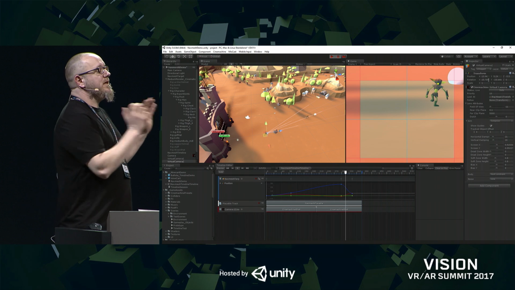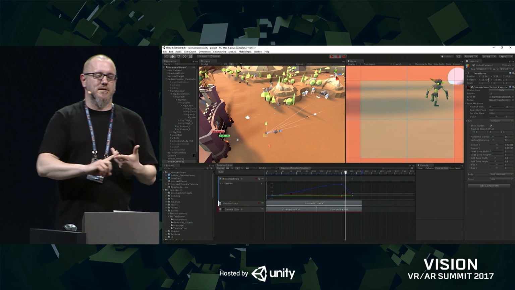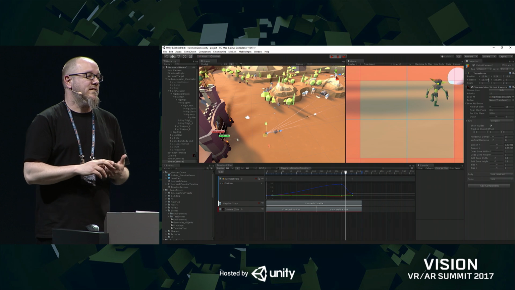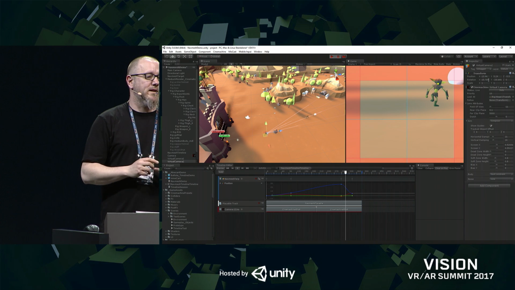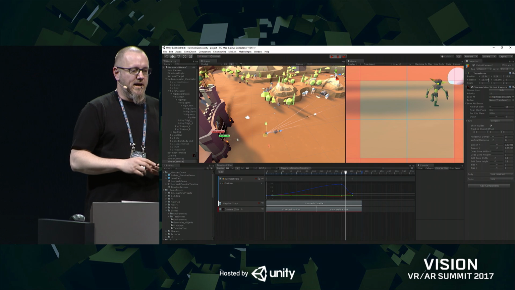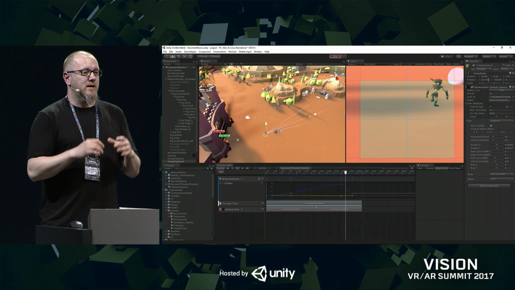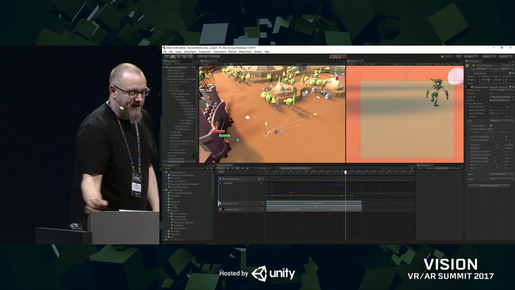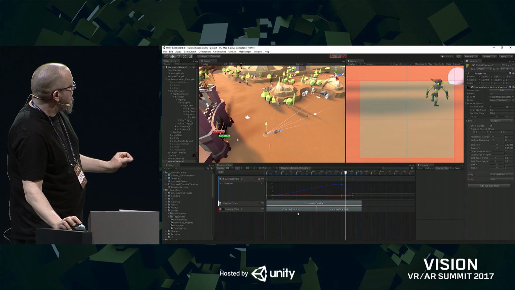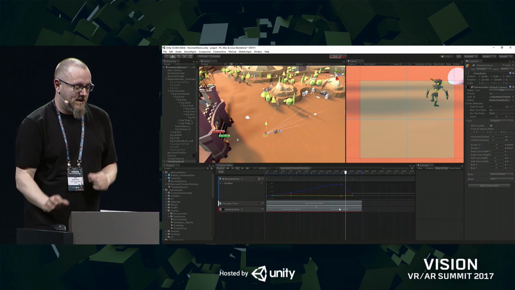Cinemachine does a billion things beyond this. It has collision-based systems for chase cams. We showed at GDC a whole dynamic free look system if you're doing a third-person non-VR game. It also has this concept of Cinemachine Cloud, which allows you, for each of these takes I have here, so instead of shot 1 and shot 2, to have multiple sub-shots, which I will show you in our actual